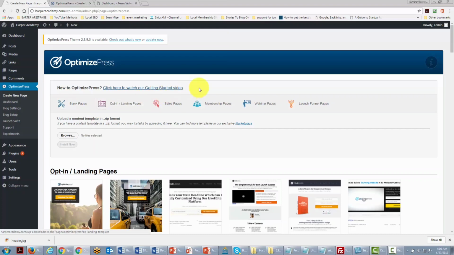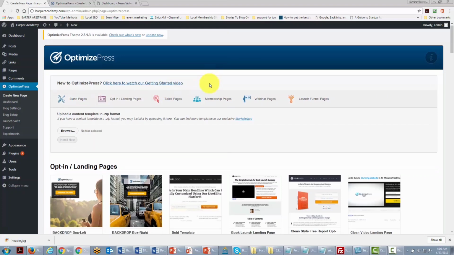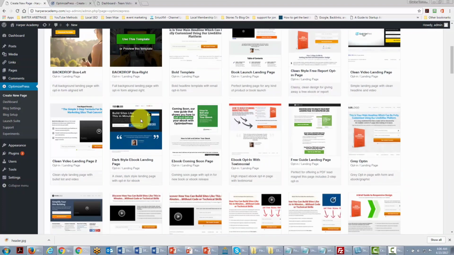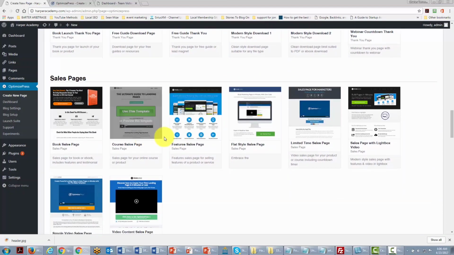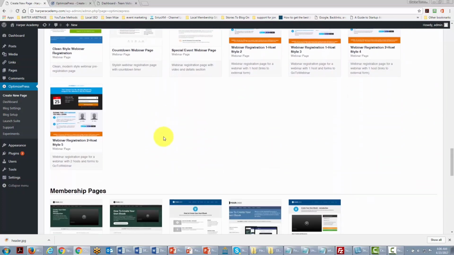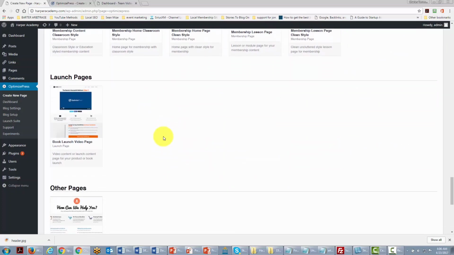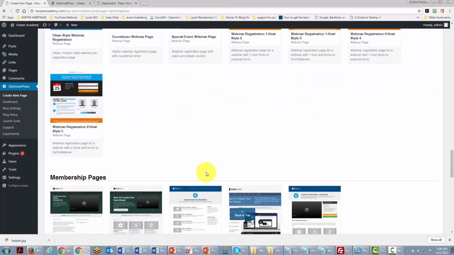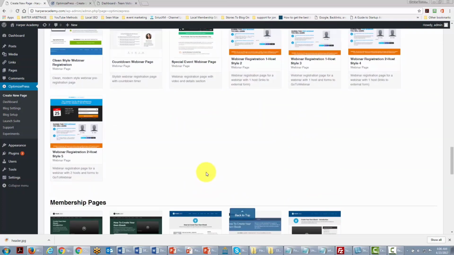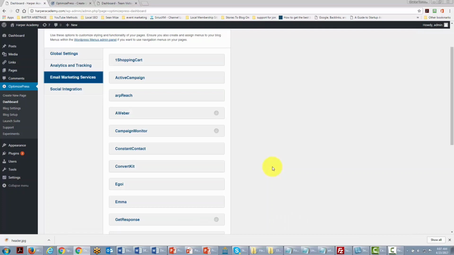Optimized Press gives you several templates to start with. They give you landing pages, thank you pages, sales pages, webinar pages, membership pages, launch pages, and FAQ pages. Basically, these templates are starter templates that you can use to build business pages. The other thing that Optimized Press does is build into it the email functionality that we have been talking about in other videos,